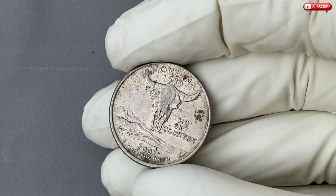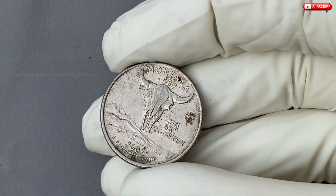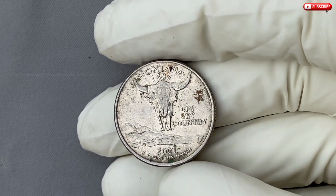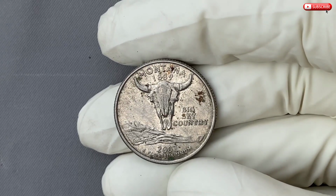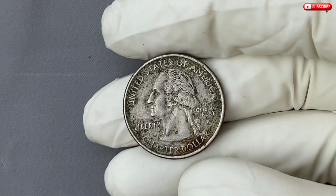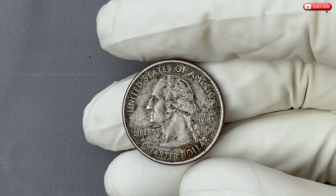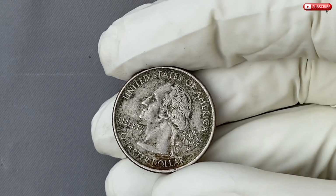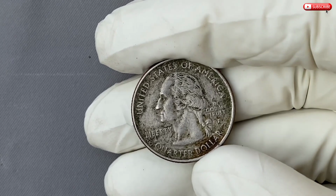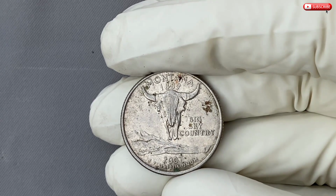In 1999, the United States Mint launched the 50-state quarters program, a project that aimed to honor each state with a distinctive quarter design. Over the next decade, 5 states were released each year, with Montana's quarter debuting in 2007. By that time, the program had become wildly successful, sparking the interest of millions of Americans and collectors alike. Montana, known for its rugged landscapes, vast prairies, and majestic mountain ranges, was the 41st state to be commemorated in